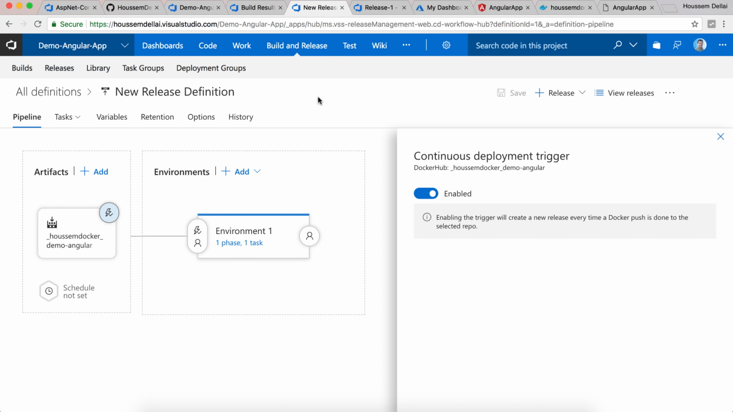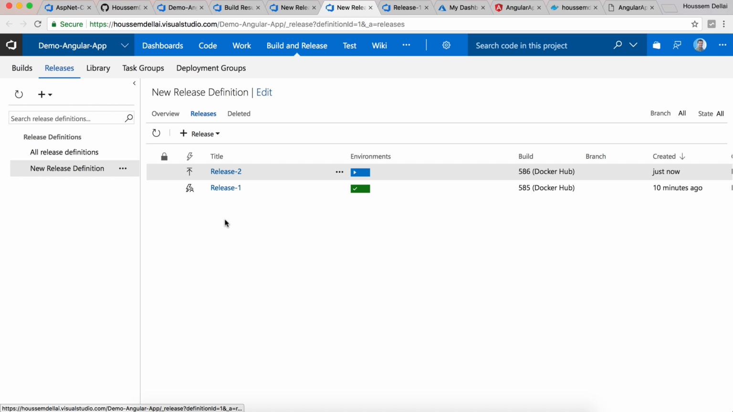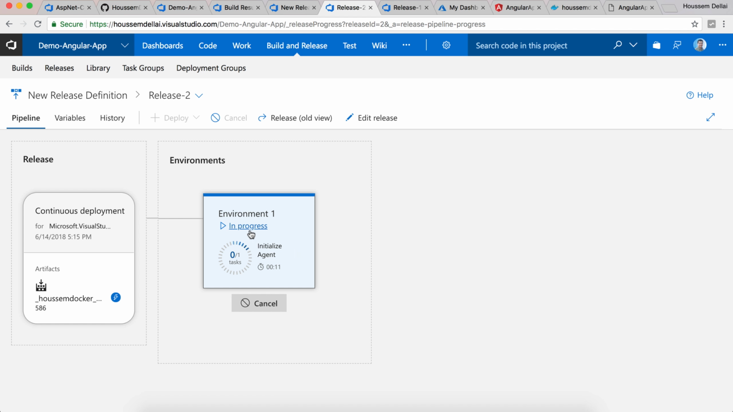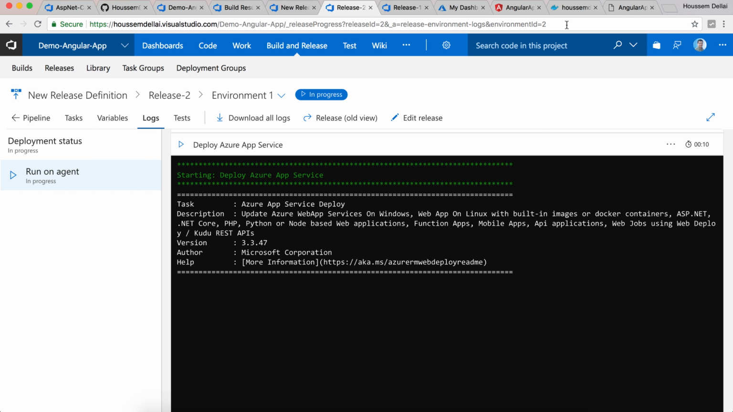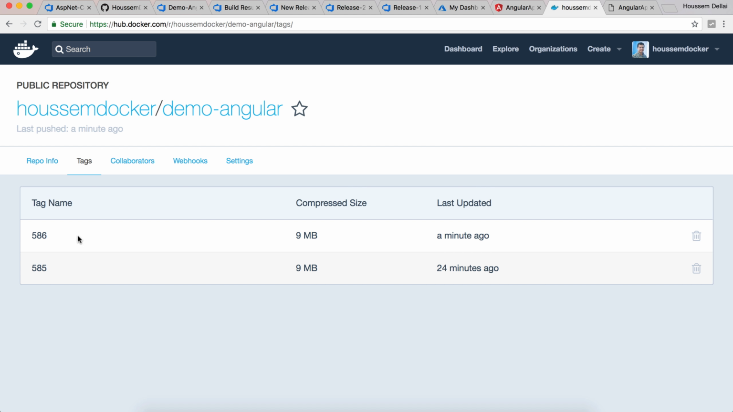Once that finishes, when we go to the release pipeline, we open the window displaying all the releases, and we should see a release in progress. That's our release. We click on it, and we see here it is running. It is looking for an agent, and it was triggered by the build pipeline. So the build will deploy a new Docker image or Docker container into Docker Hub. Here we see a new tag 586